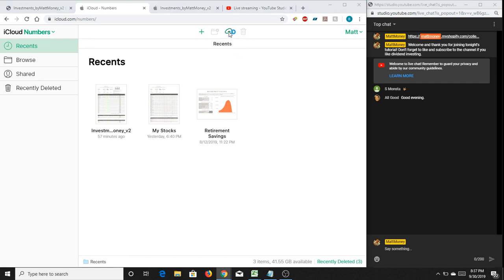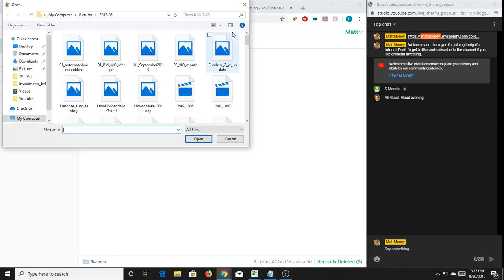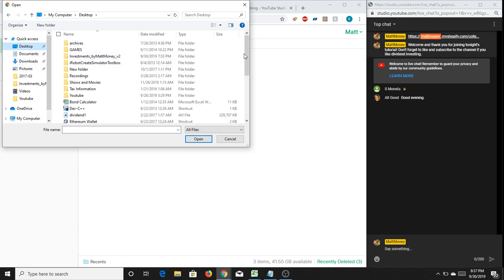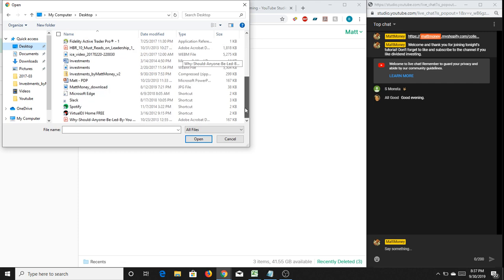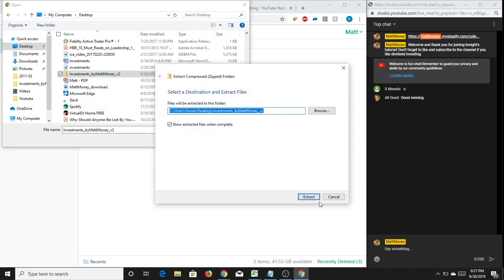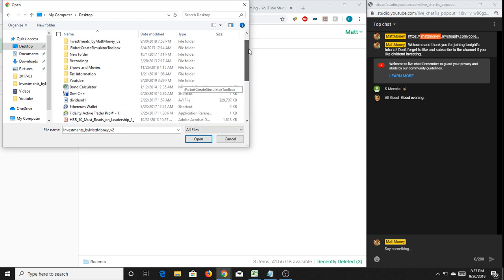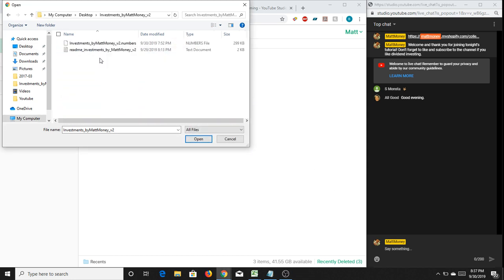What we're going to do is simulate uploading. So there's these 4 icons up top here. There's creating a new spreadsheet, there's creating folders, then there's also upload and delete. We're going to click on upload here, and we're going to look through the actual file. So what you'll see is that there's Investments by Matt Money. You would then extract that, tell it where you want it to be, and what that actually does is it creates an open folder for you, and then you can just double click on this Investments by Matt Money V2